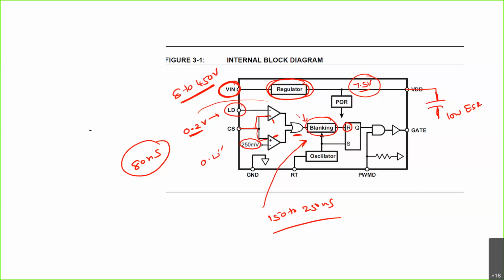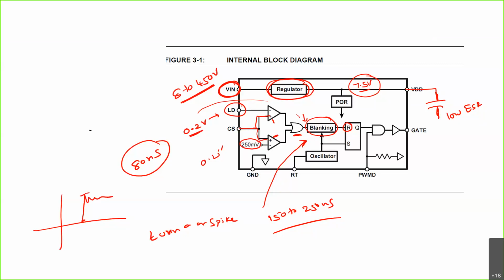We need to provide this because we are using peak current control. So what is the disadvantage with peak current control? We have some limitations. What is the limitation in terms of current? That is turn on spikes. It means that whenever the switch turns on, the current waveform shows some small spike at that point.